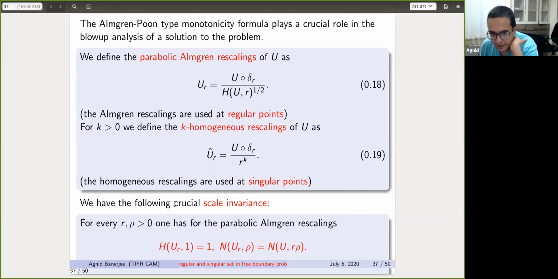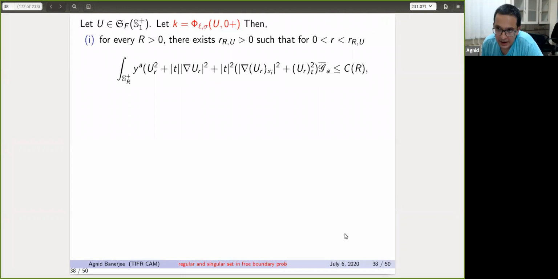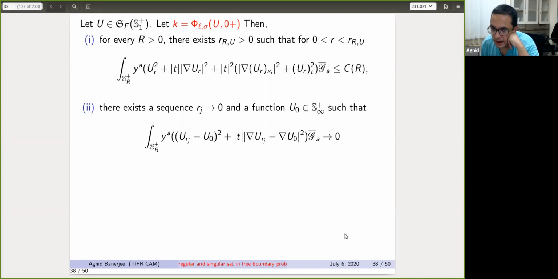And we have the following scale invariance of the frequency. And now, by a certain global analysis and some compactness arguments, where we crucially use the local regularity estimates that we previously obtained, we are able to show that this UR goes to some U0. And one of the key quantities that plays a crucial role is this so-called W22 type estimates, but in the Gaussian spaces. These are fairly delicate, and are based on some old ideas of Fabes and Stroock, or Fabes, Garofalo, and Lanconelli, which suggest that once you're in the Gaussian space, the parabolic PDE lends itself an elliptic structure, so to speak.